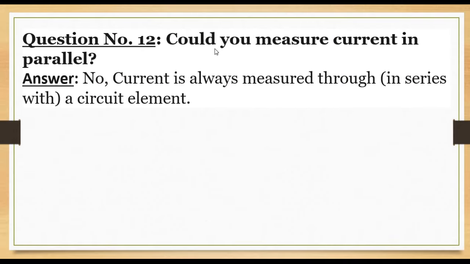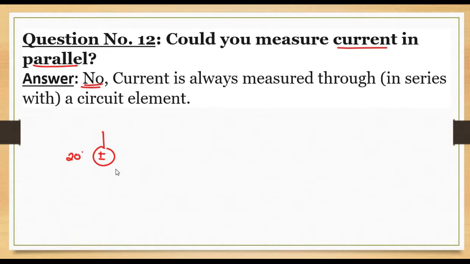Question number 12 is, could you measure current in parallel? The answer is no, because current is always measured through a circuit element. That means if you have to measure a current in a circuit or across an element, you have to connect the ammeter in series with that element. For example,